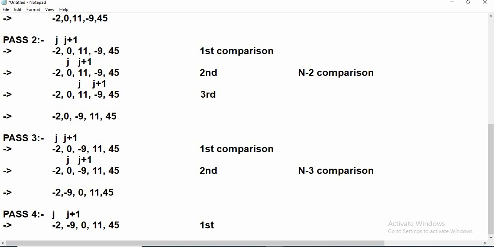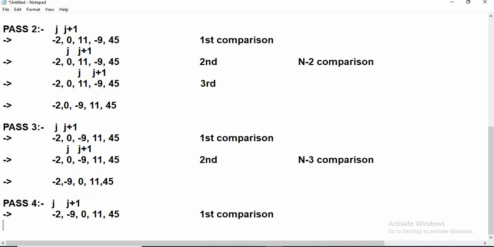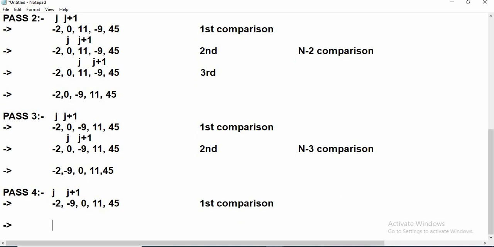This is our first comparison in fourth pass. Since minus 2 is greater than minus 9, we will swap them. So we get this array at the end of fourth pass.